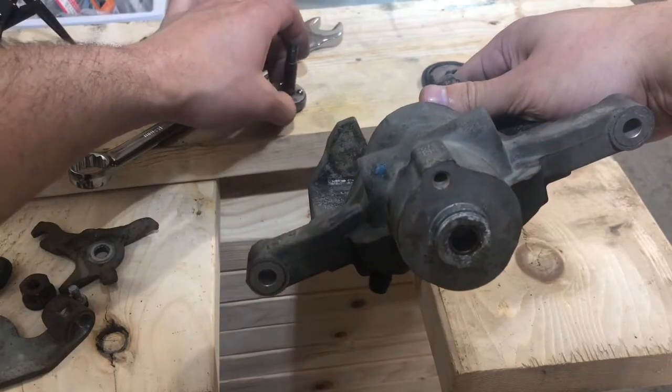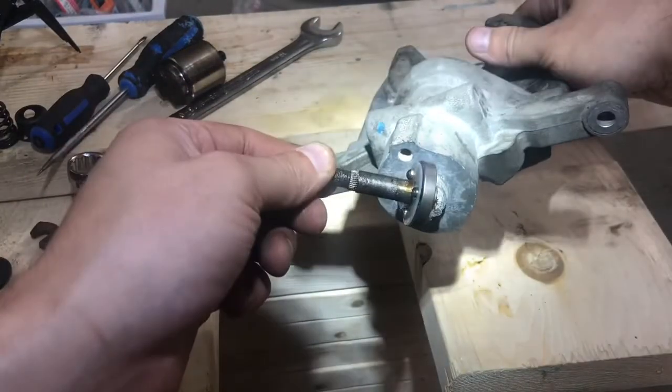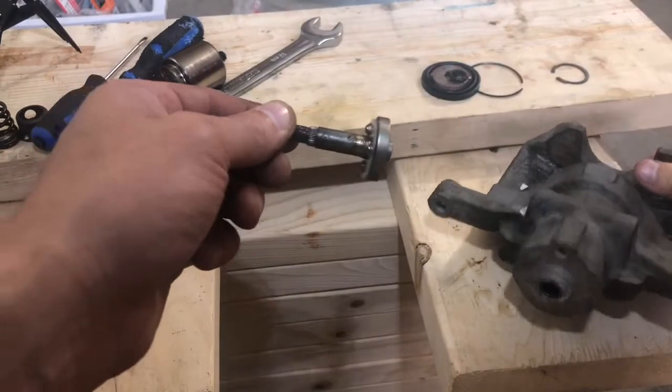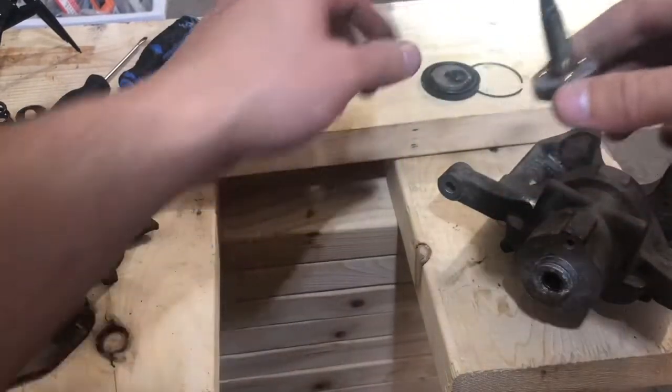Then what you're going to want to do is make sure you just put a whole lot of grease on there as well, so that it goes back in nicely. And we're going to start putting everything back together. So on this guy here,